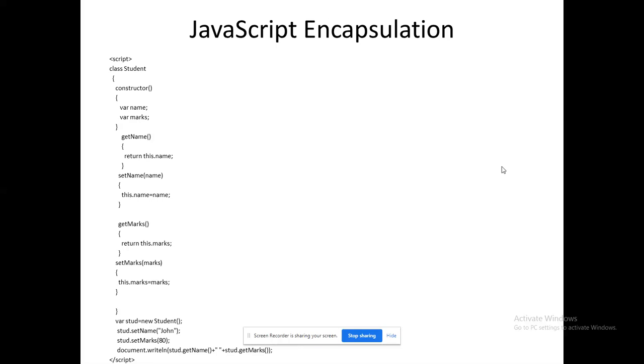Okay. When stud.getName is invoked, what will happen? Ultimately, it will return this value, right? That is the beauty of these getter and setter methods, which we always talk about in encapsulation. So the getter and setter methods are available for both the variables, name and marks. Both name and marks will be received through the set method and returned through the get method, right? That's what JavaScript encapsulation is. Encapsulation is talking about getter and setter methods. We are having two variables here, so we are having two getter methods and two setter methods.